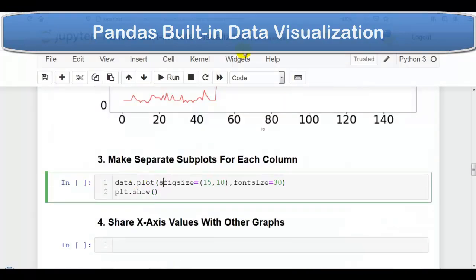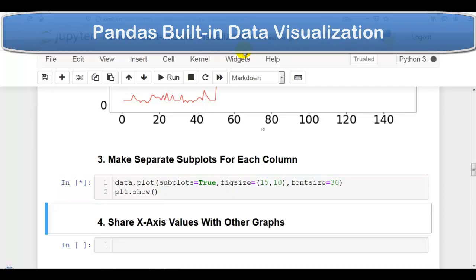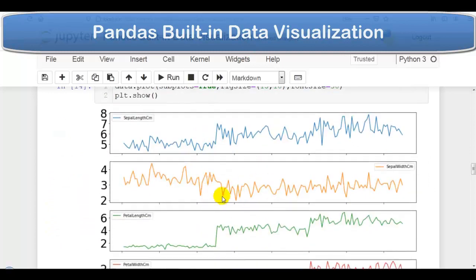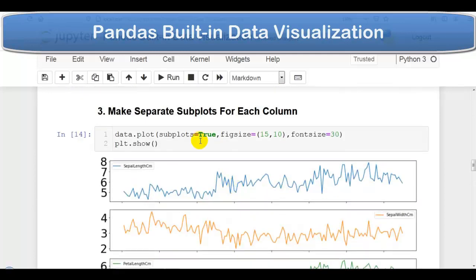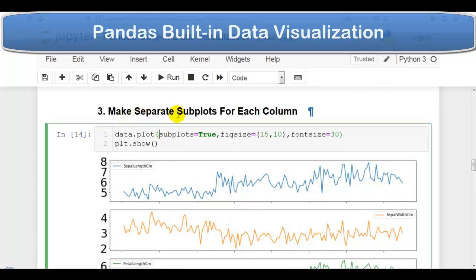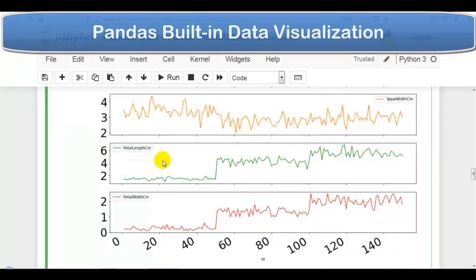Here we have to set the subplots parameter of this plot method to True, because by default the value of the subplots parameter is False. So let me execute this cell. As you can see over here, now you can see a separate plot for each numerical column. So this way we can make separate subplots for each numerical column using this subplots parameter of this plot method.